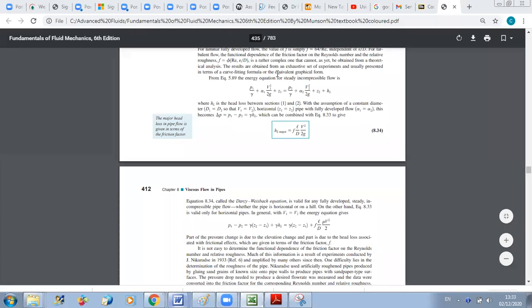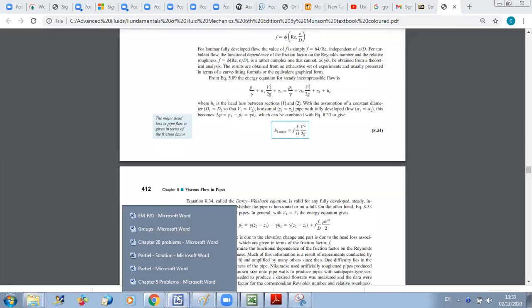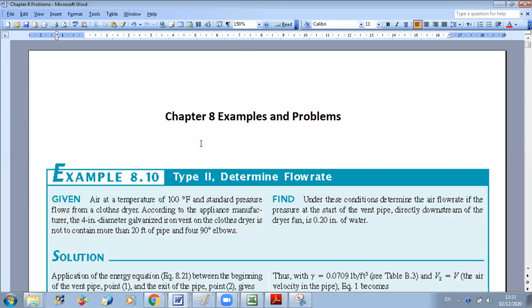Good afternoon. So we will start today solving problems on chapter 8. This chapter is mainly an application of the energy equation, of the generalized energy equation. If you remember, in chapter 5 we had an energy part at the end. It's included in this chapter, and here it's more developed because we consider